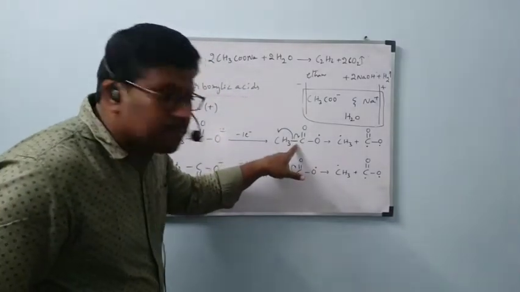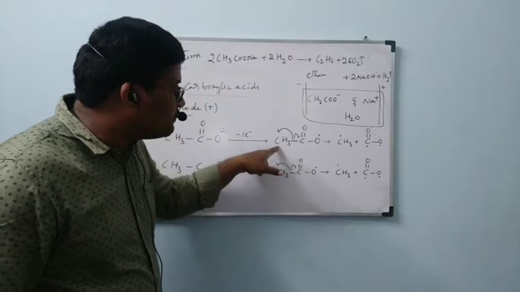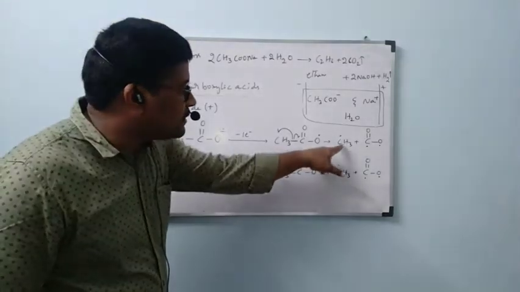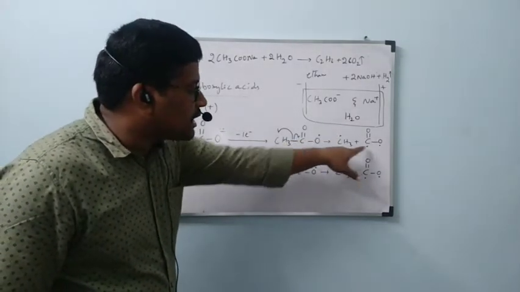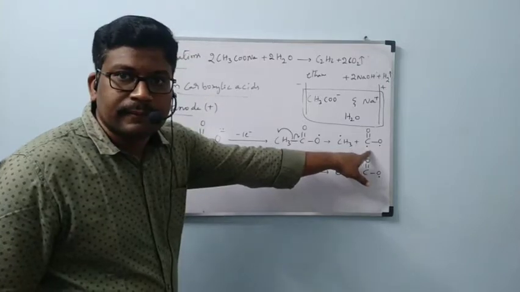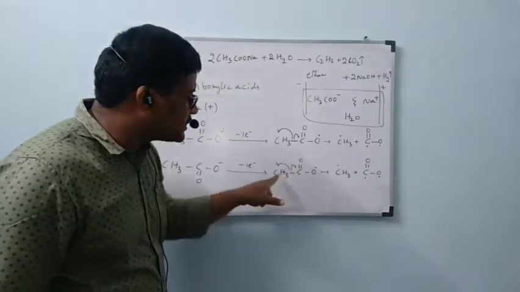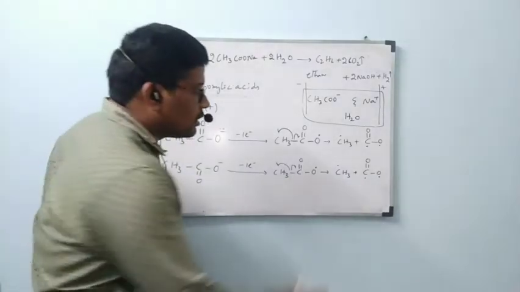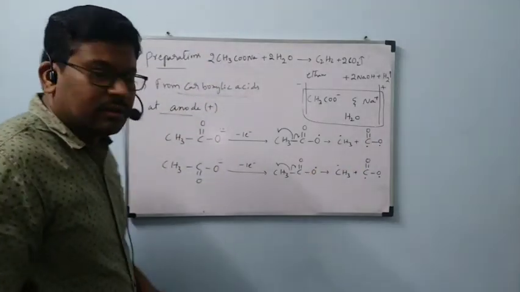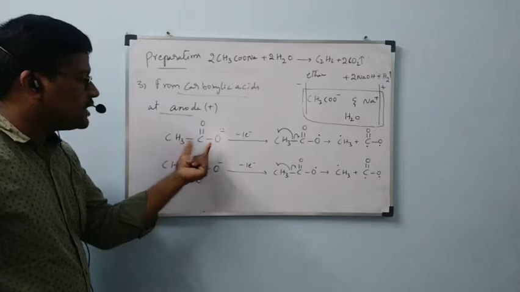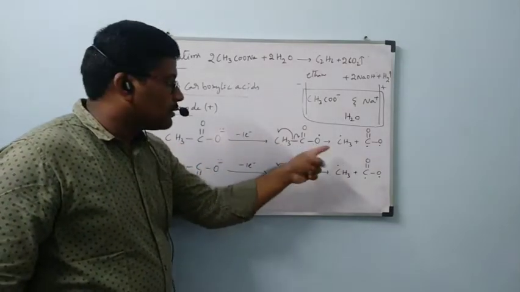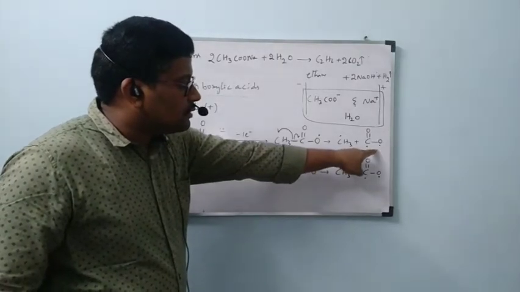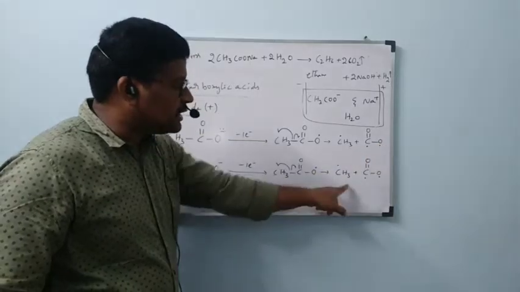Observe here, when this homolytic fission happens, 1 electron will be shifted towards this carbon, 1 electron will be shifted towards this carbon. Is it correct? Then this carbon has CH3 with 1 electron, this carbon also has 1 electron. Same like that, this carbon has 1 electron, this carbon also has 1 electron. Are you able to understand, everyone? Please observe this. First, this negative charge will lose 1 electron to form a free radical. This free radical will undergo homolytic fission to form methyl free radical plus this carbon dioxide free radical here. Same like that here also.